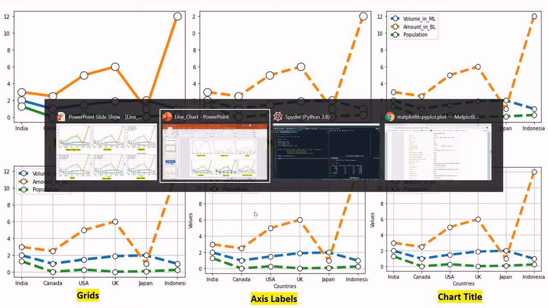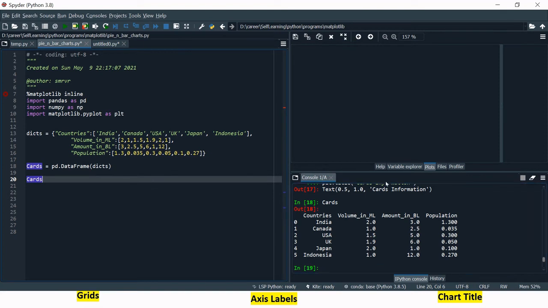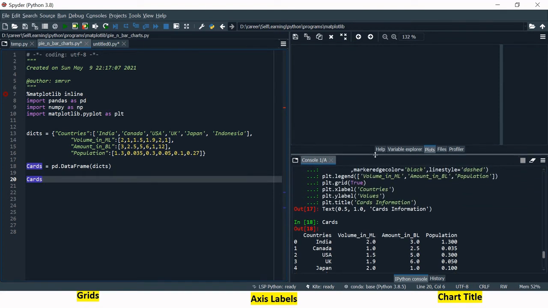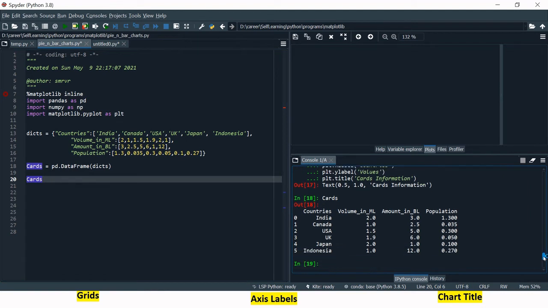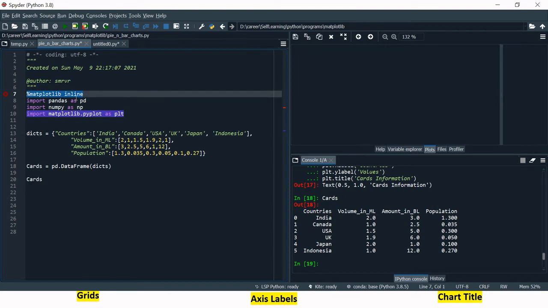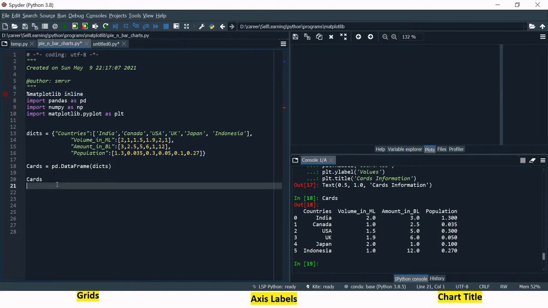So let's go to the Python IDE and start looking into how to start creating a basic line chart. Here, as usual, we have a basic small data frame with 5 or 6 observations, which I have created with the help of pandas. And to create any chart with the help of matplotlib, as you know, you have to import matplotlib like this. And if you are working in Jupyter Notebook, as usual, do not forget to include these lines, which will help you to keep the chart in the same window. Now let's go ahead and start with a basic line chart.